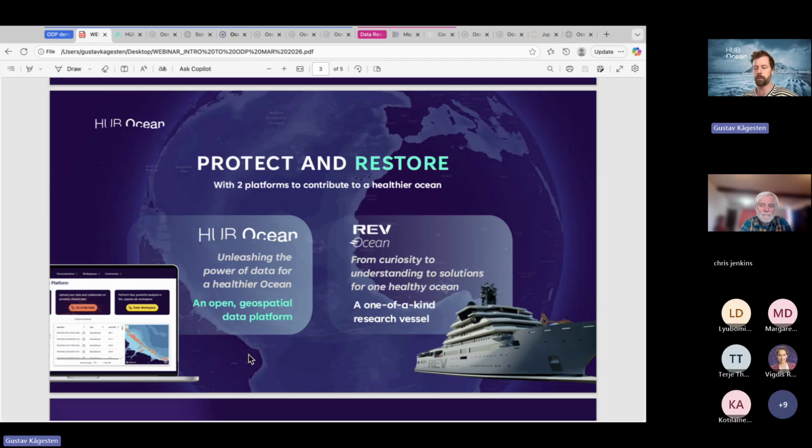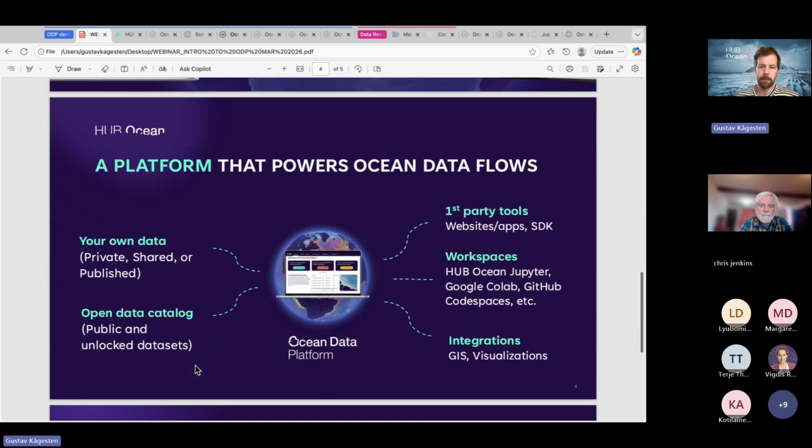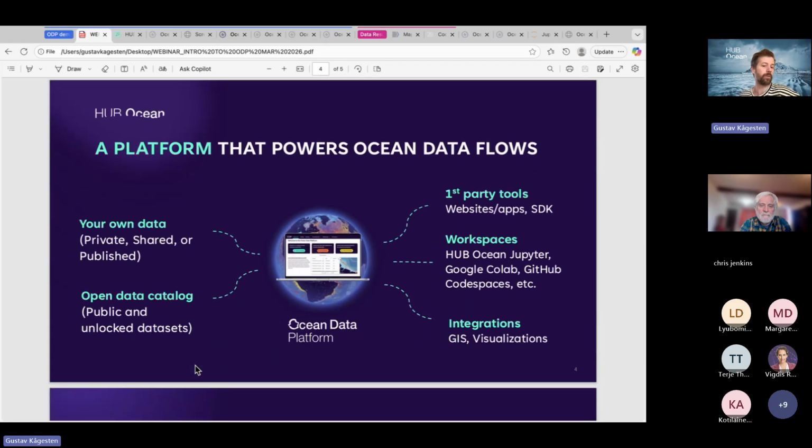What you will see today is what we have built to make global ocean data available. That's at the heart of what we do. We have built this shiny machine that we call the Ocean Data Platform. Its core feature is an open data catalog with public data that comes from some unique sources through collaborations like with Chris.